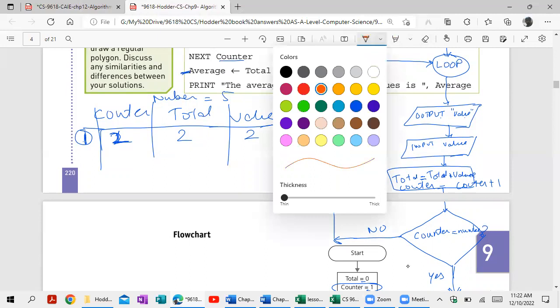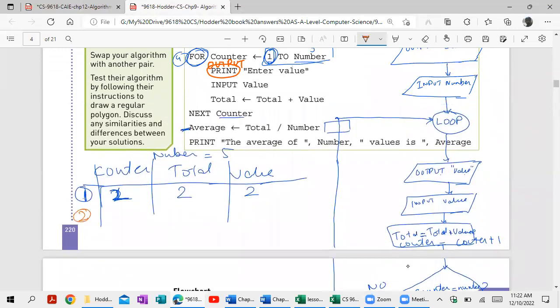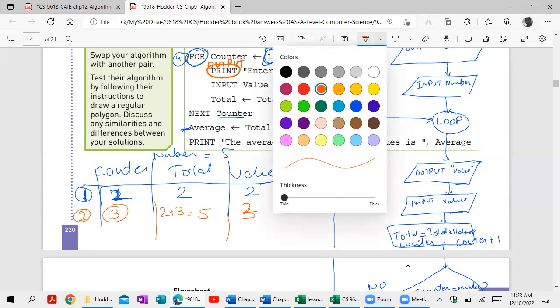Then that is our second cycle. In the second cycle the counter is 2, first it is 2, okay. Output value, input the value, maybe we have 3, okay. Total becomes 2 + 3 and counter becomes 3. 3 is equal to 5, no,